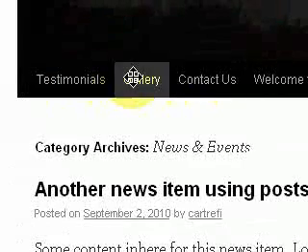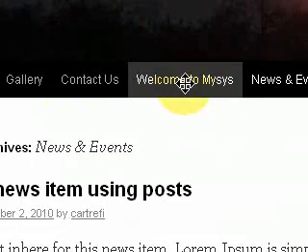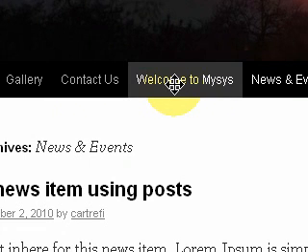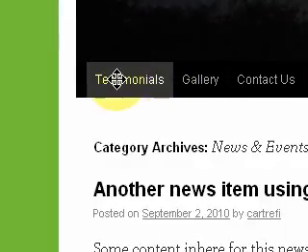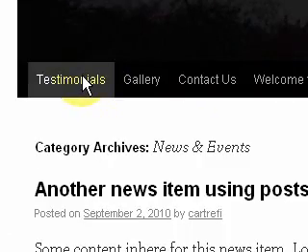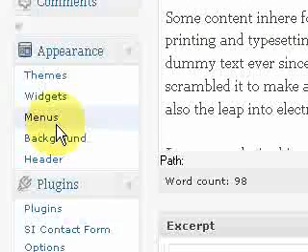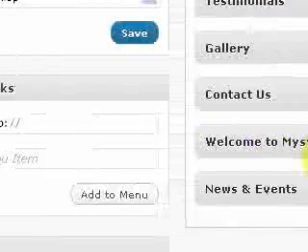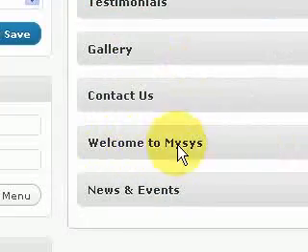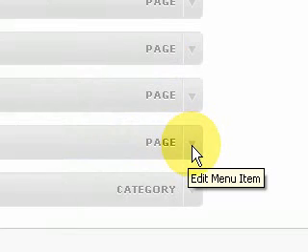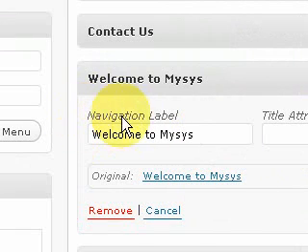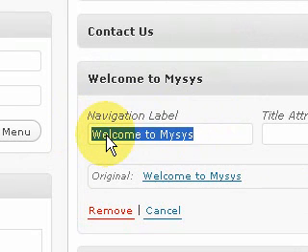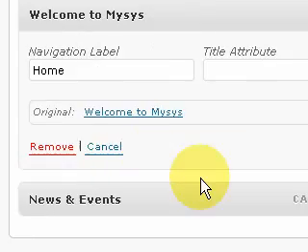The home page is gone because it's picking up the page we added to the menu, which was Welcome to MySys, and if you remember, that was the home page when we set it up as a static page at the very beginning. But now we've created our own menu, we simply have to go back and set that as the home page and put these menu links in the order we want them. It's a simple process. We go back to Menus. This is the menu we created, and the Welcome to MySys was originally the home page, so click on the down arrow and change the navigation label to Home. And when we save that,